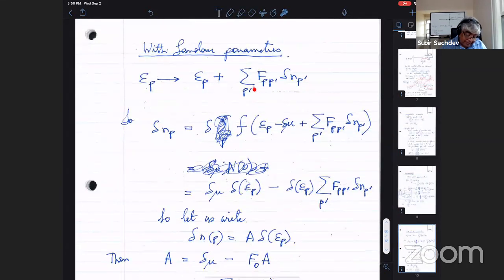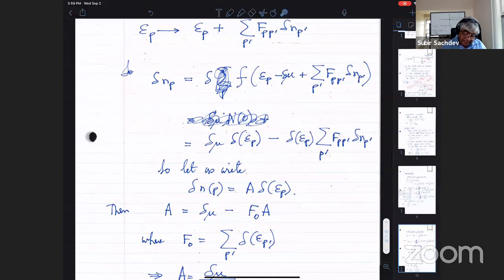Okay, but what about when you have the Landau interactions? Well, you do the same kind of calculation. What happens when you have Landau interactions is that the energy of any quasi-particle E_p depends on the occupation number of all the other quasi-particles. So now you imagine the quasi-particles have this energy, where the energy of a quasi-particle with momentum P depends on quasi-particles with all other momentum P prime. So now the change in density will be just the change in this energy times the Fermi function, and then you take a derivative, you expand this in small mu, and then just do some algebra.